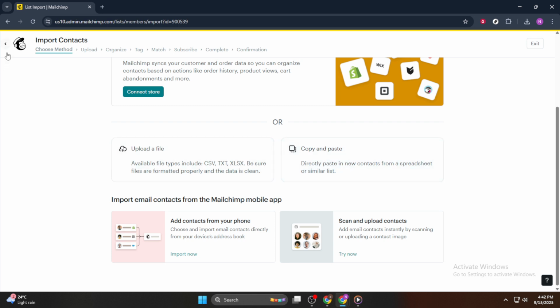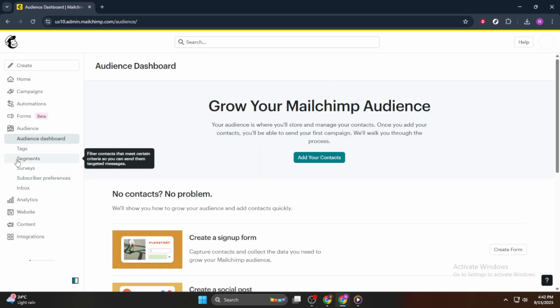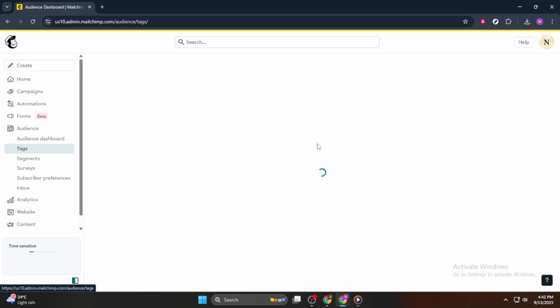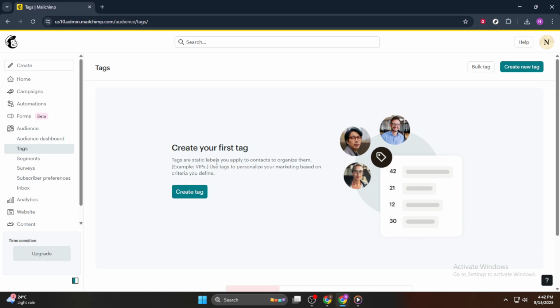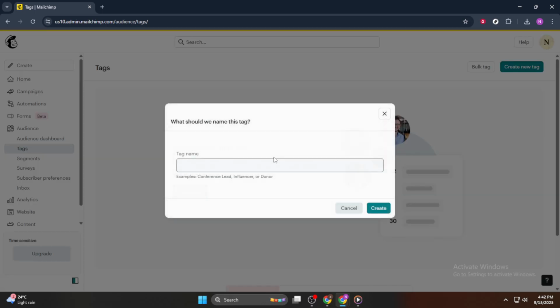Continuing through, you can make further individual tweaks and ensure each addition is just right. Lastly, let's address the Create Tag and Create Segment functions, which let you build new categories for better audience management. Whether you're adding filters based on addresses, birthdays, or specific fields like first names, these tools allow for in-depth audience